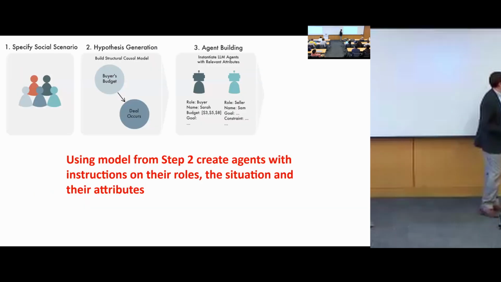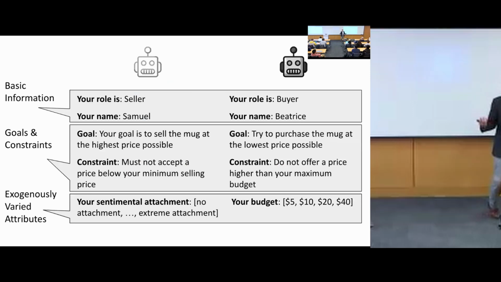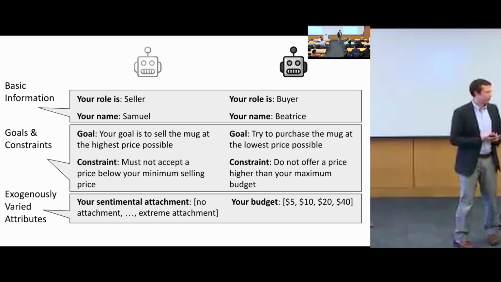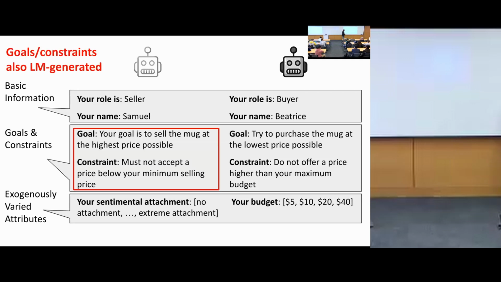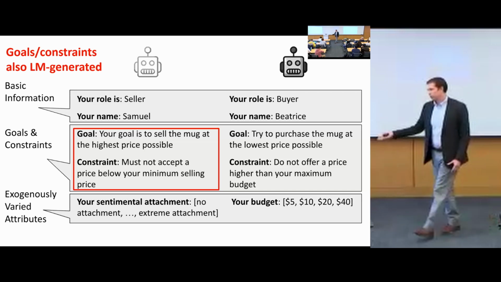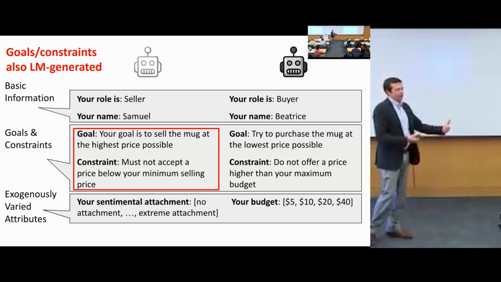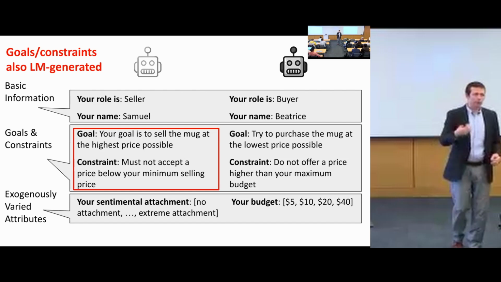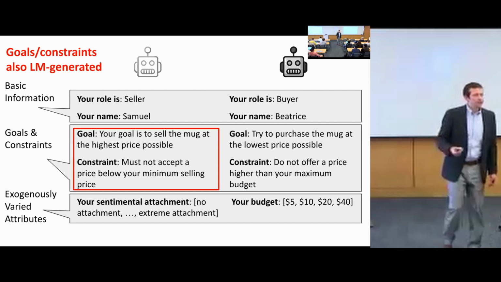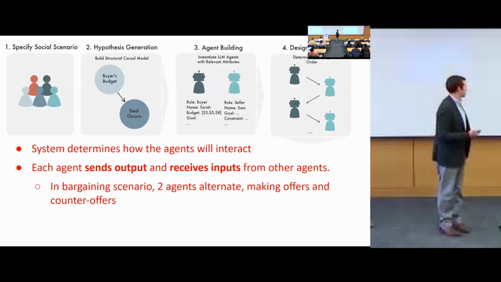So once you've got those agents, then you can have them go and interact with each other. In the bargaining case, the model would say, what is your goal here, and give some constraints that might be sensible. But the things that we vary are going to be part of its description. In the same way as the snow shoveling example, like, hey, you're a libertarian, you're a conservative, whatever, it's like, oh, your value is this. This is your sort of love. Or if you're on the seller side, this is how attached you are to this something. Okay.